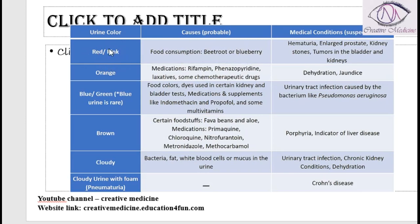Whereas red or pink colored urine in medical conditions, whenever you see red or pink colored urine, you should suspect hematuria, enlarged prostate, kidney stones, and tumors in the bladder and kidneys. If there is orange urine color, probable causes can be medications like rifampicin, phenazopyridine, laxatives,